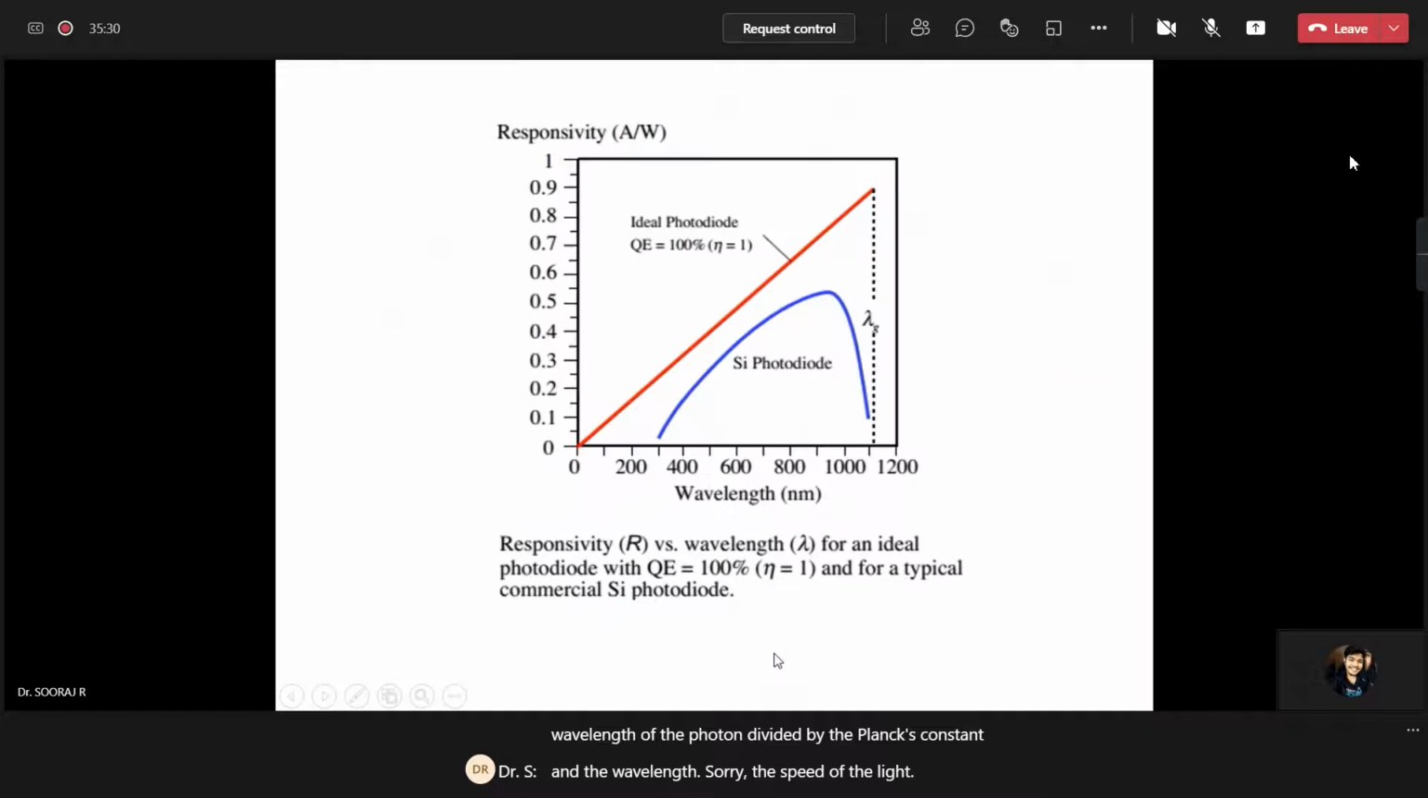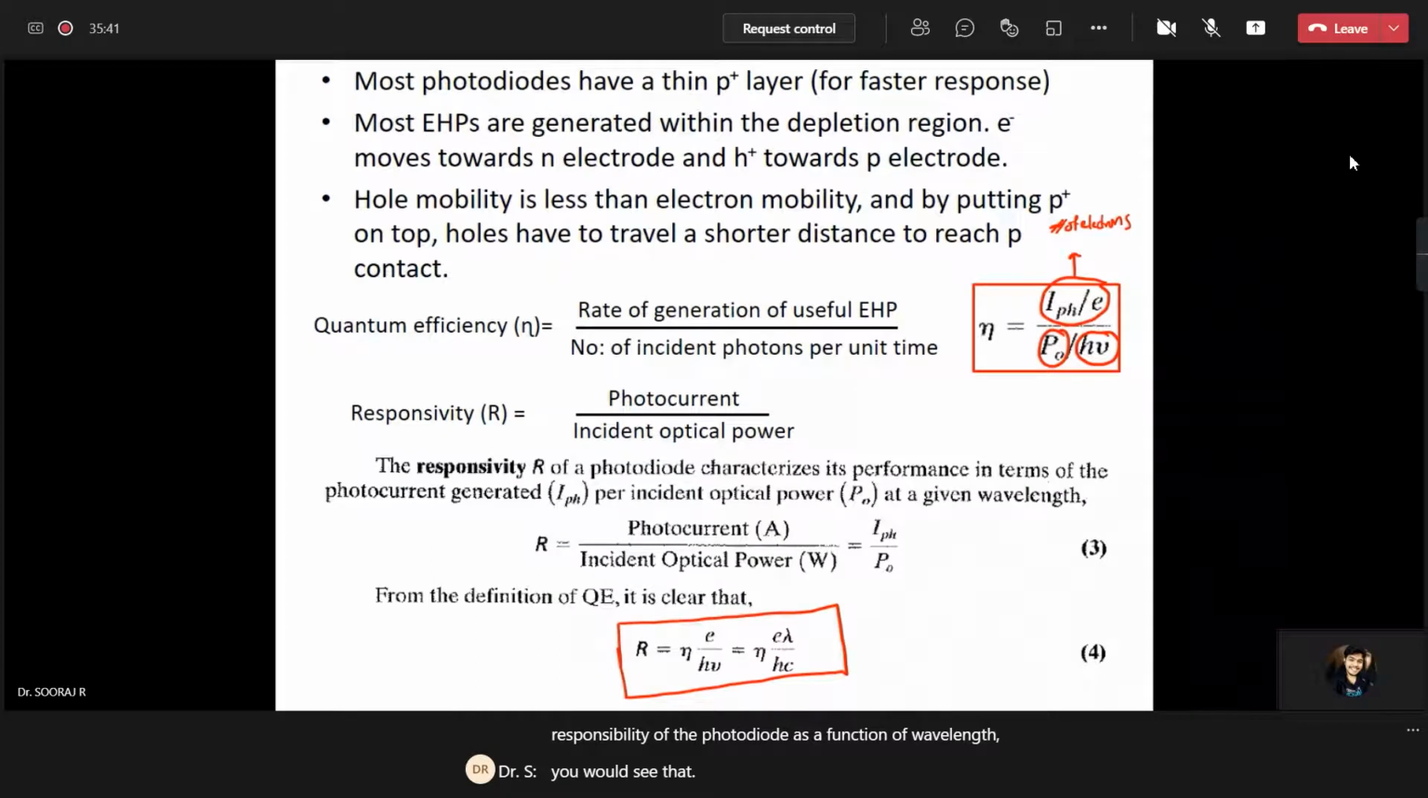So if you plot the responsivity of the photodiode as a function of wavelength, according to this equation, you can see that responsivity is proportional to lambda. So you might expect that if you increase lambda, responsivity would also increase linearly. But in practice, you will see that